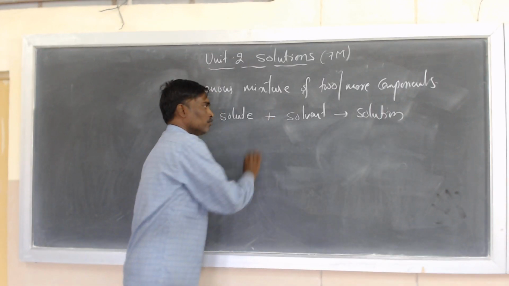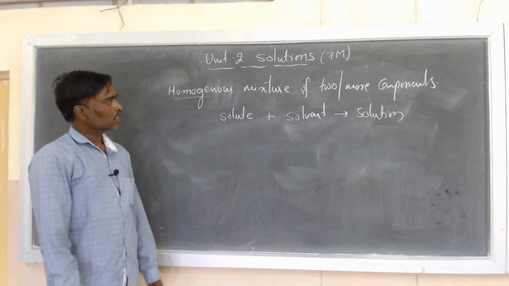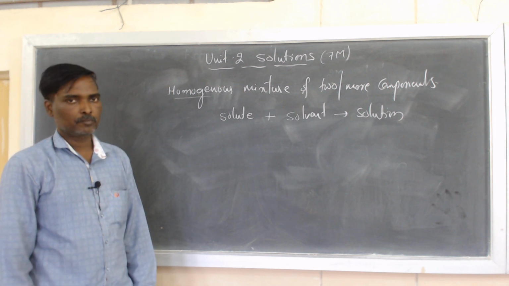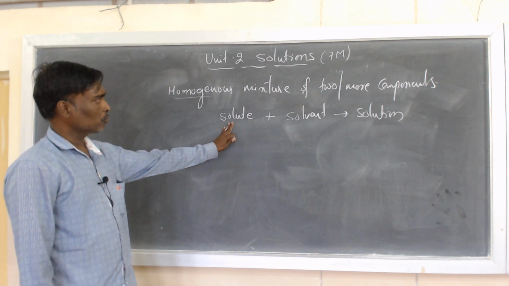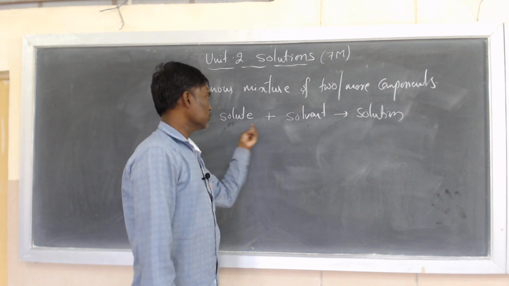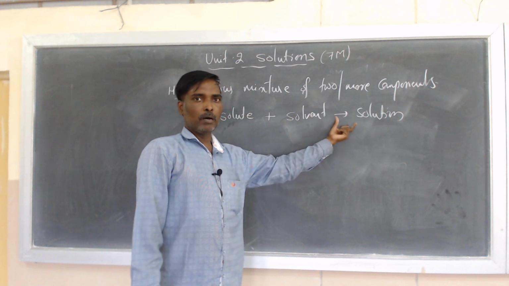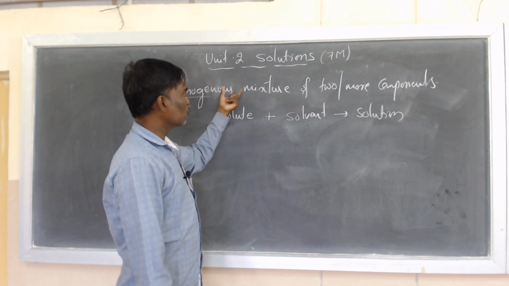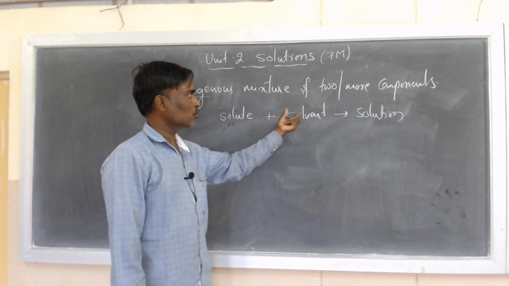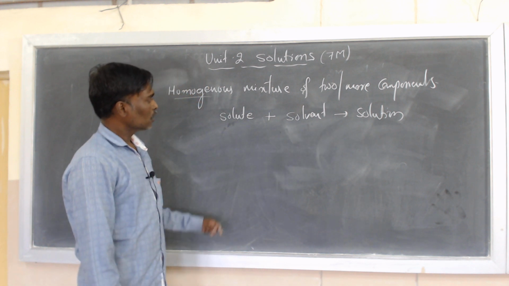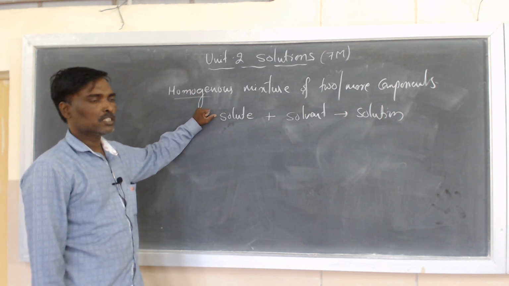Is a mixture of these two. Now, what do you mean by this solute and the solvent? One component we call a solute, another one a solvent. Two components mixed form a solution, in a binary solution, which forms a homogeneous mixture. Now, what is the solute and what is the solvent?